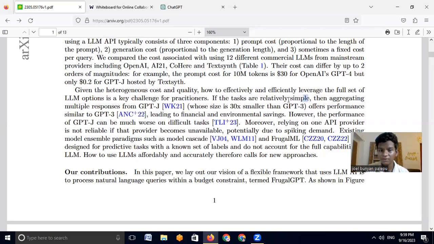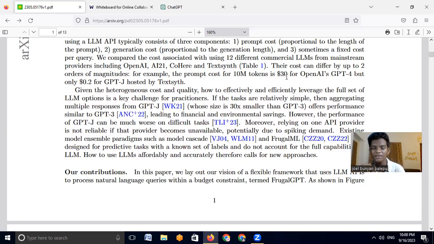If the tasks are relatively simple, then aggregating multiple responses from GPT-J offers performance similar to GPT-3. So for simple tasks, GPT-J might work very well, right? For example, if the prompt is pretty simple, I think we could use GPT-J rather than GPT-3, because GPT-J is cheaper, and GPT-3 has maybe more parameters, whereas GPT-J is pretty cheap. And for simple prompts, it's quite natural to go to GPT-J